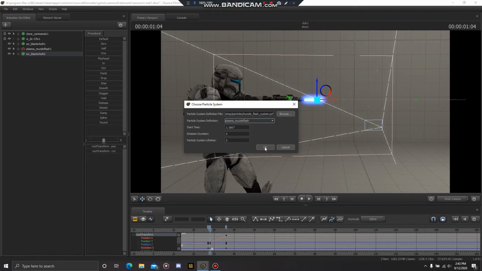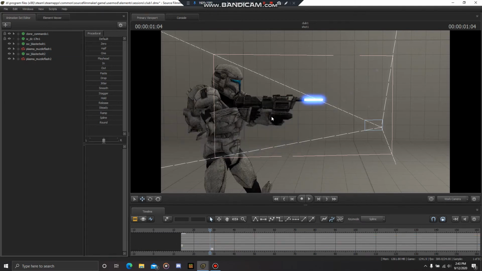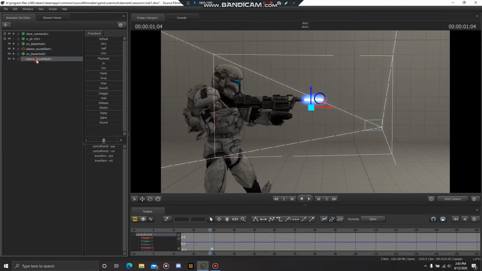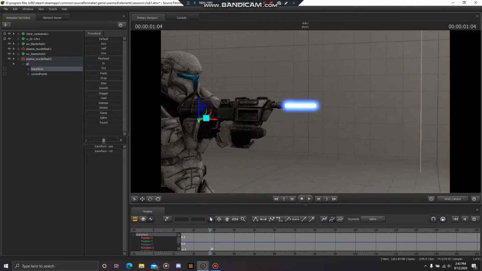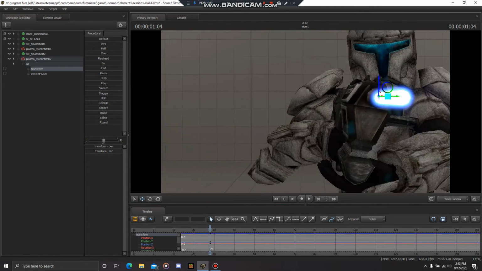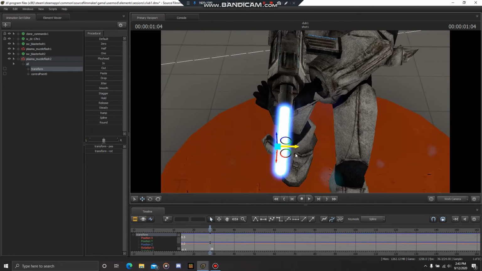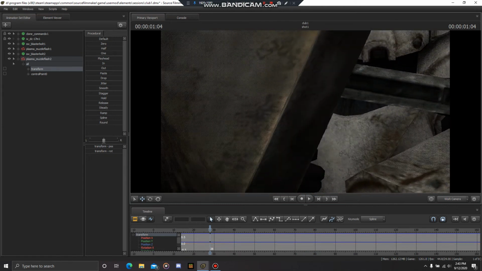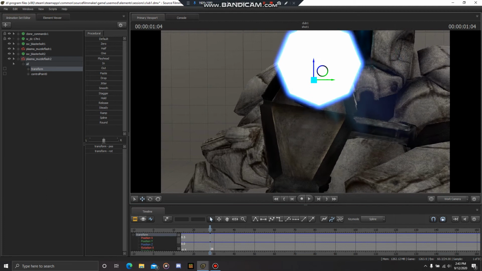And you have to make sure the playhead is on the frame you want it to start on. In this case here, when everything begins. And so once you've got that loaded in, select transform and load it in to where it's supposed to be. In this case, we'll put it here and